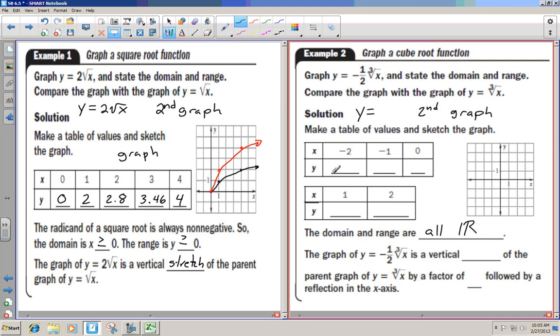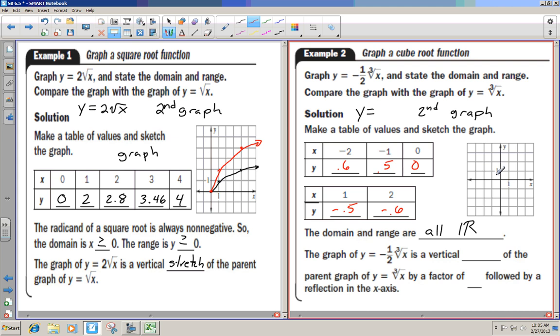And when you see that, let's change the color, you'll see that negative 2 maps out to be 0.63. We'll just say 0.6. Negative 1 becomes 0.5. 0 is still 0. 1 is negative 0.5. 2 is negative 0.6. And so we went from a graph